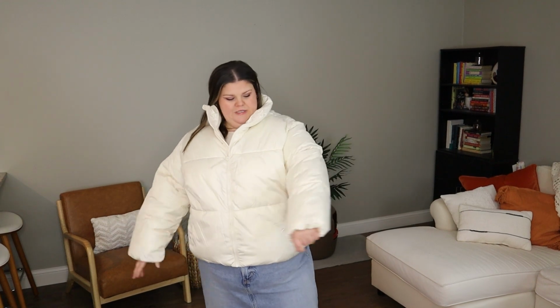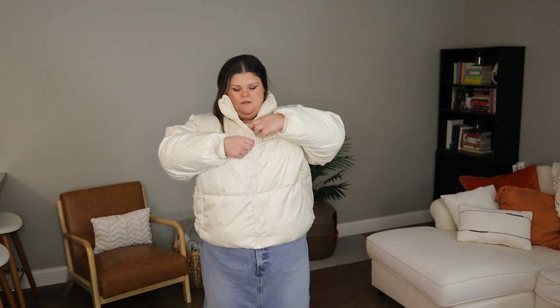So it has a slight pearlescent kind of finish on it. So a little bit shiny, but not too much. It is a little noisy, so just keep that in mind if you're wearing it. It comes with sound effects. It's got a zipper that goes